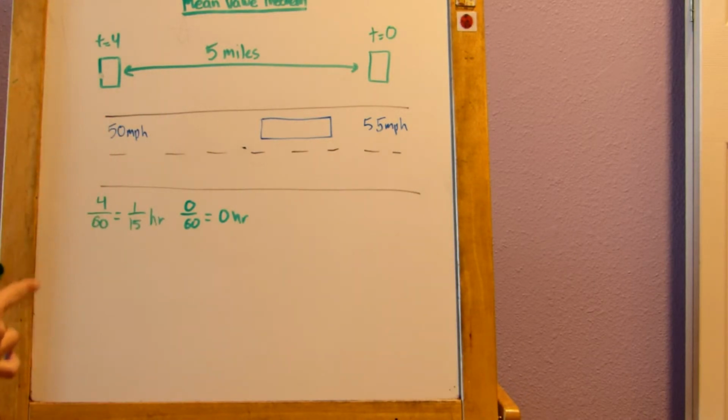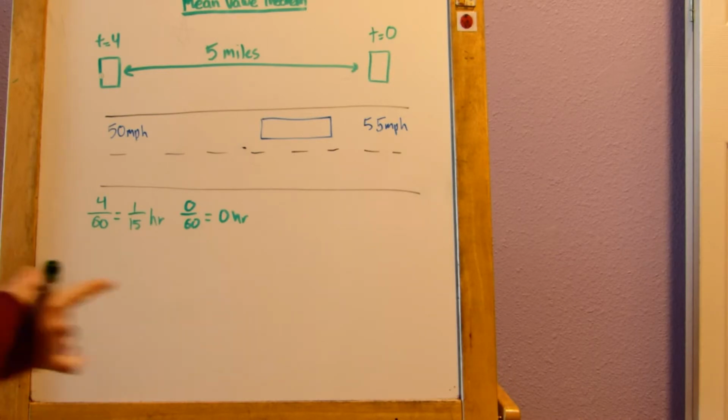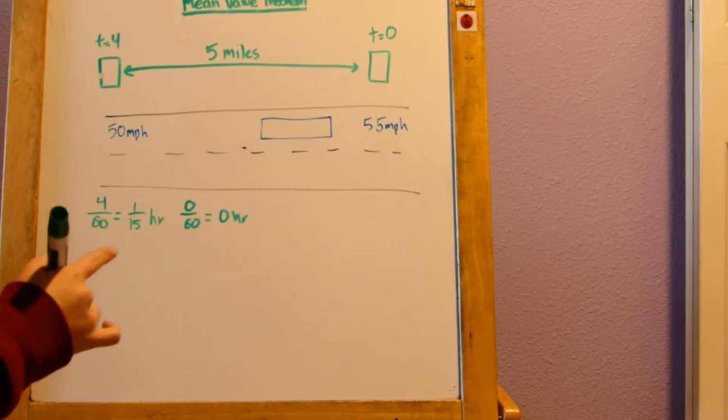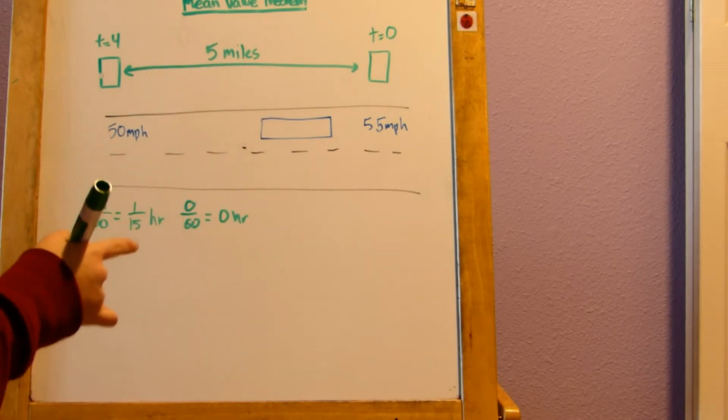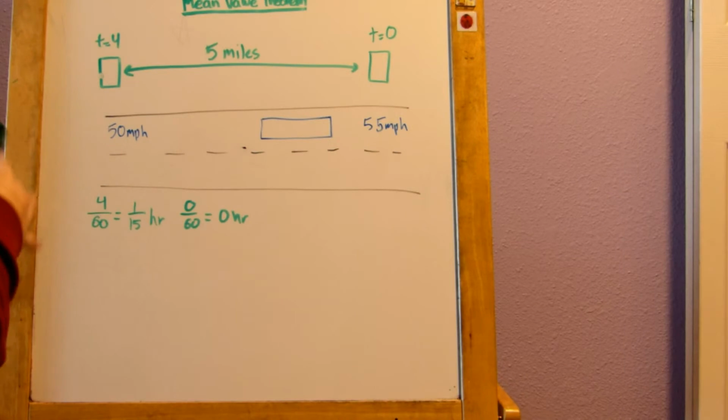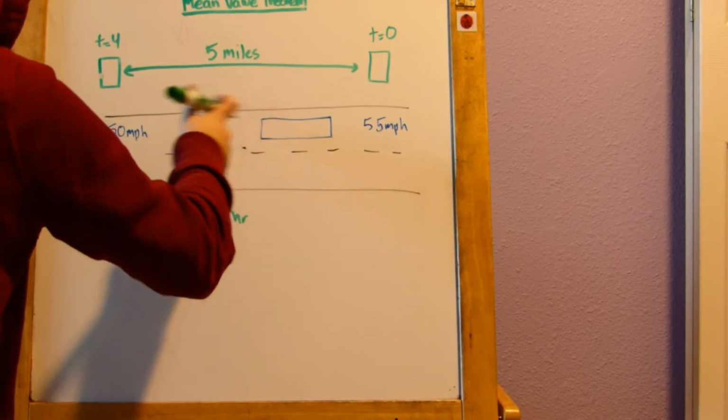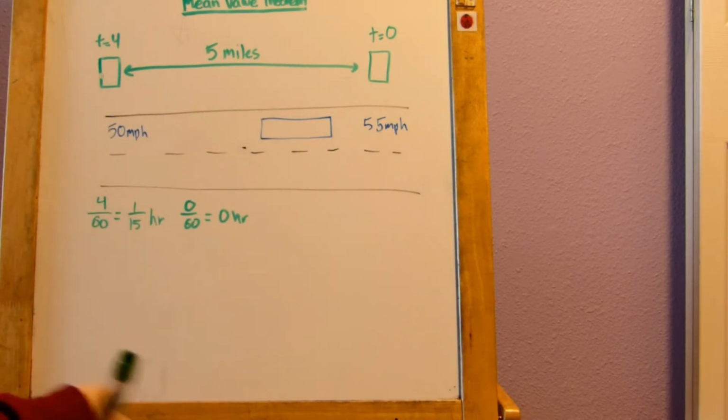So remember that the mean value theorem is f(b) minus f(a) over b minus a equals the derivative of f at c. So if we set it up, we can figure out if this car was speeding or not. Oh yeah, I forgot to say, that was the original problem. Figure out if it's speeding, because the speed limit is 55, I believe. Yeah. Okay, so